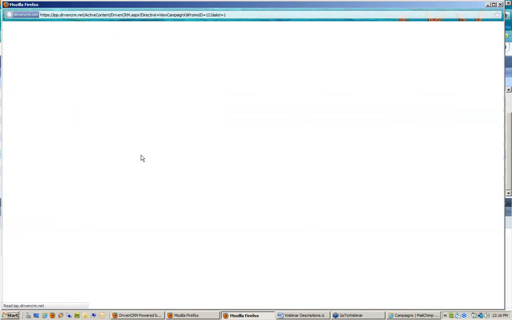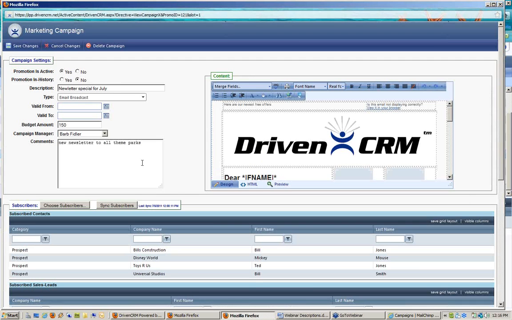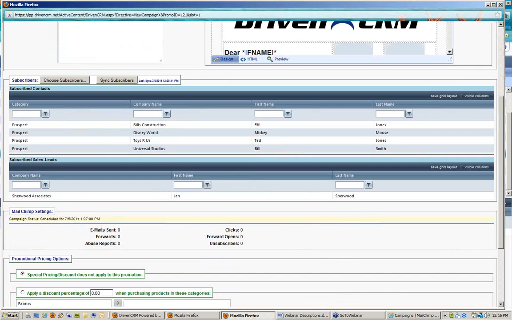But if I go back to my newsletter for July, once these have actually sent and been transmitted by MailChimp, down in this section here, I will be able to see how many emails have been sent, how many people clicked on links within those, how many people forwarded it to other individuals, how many of those forwards got opened, how many people reported you as abusive, and how many people unsubscribed as a result of that particular email broadcast. So you get a lot of reporting back into Driven itself and a lot of visibility of what happened and